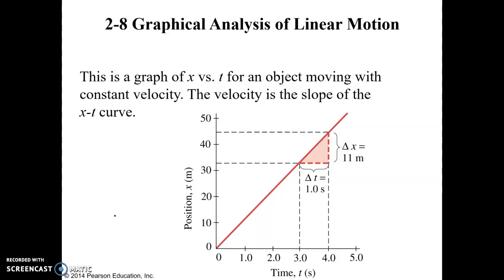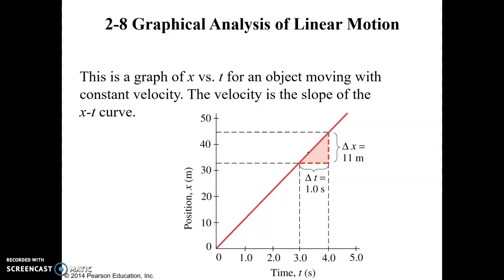So if we were to plot in an XY graph time along the horizontal axis and the relative position x along the vertical axis,